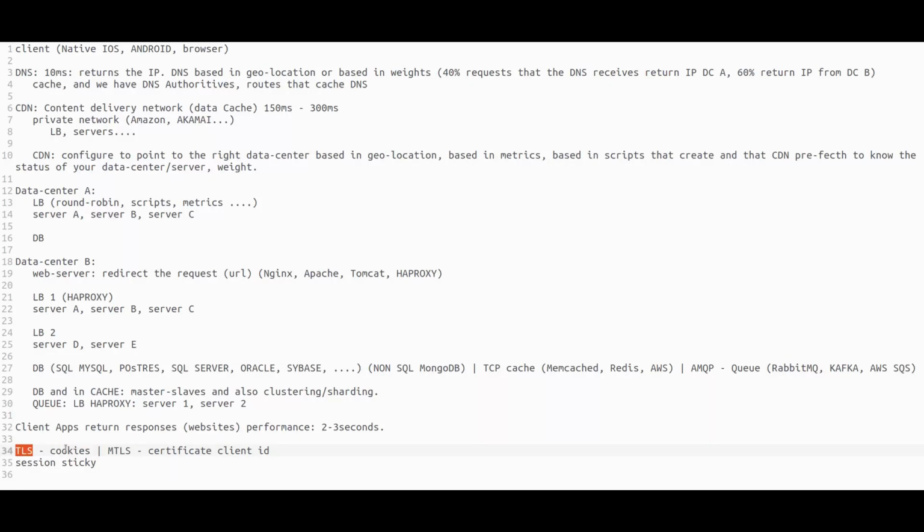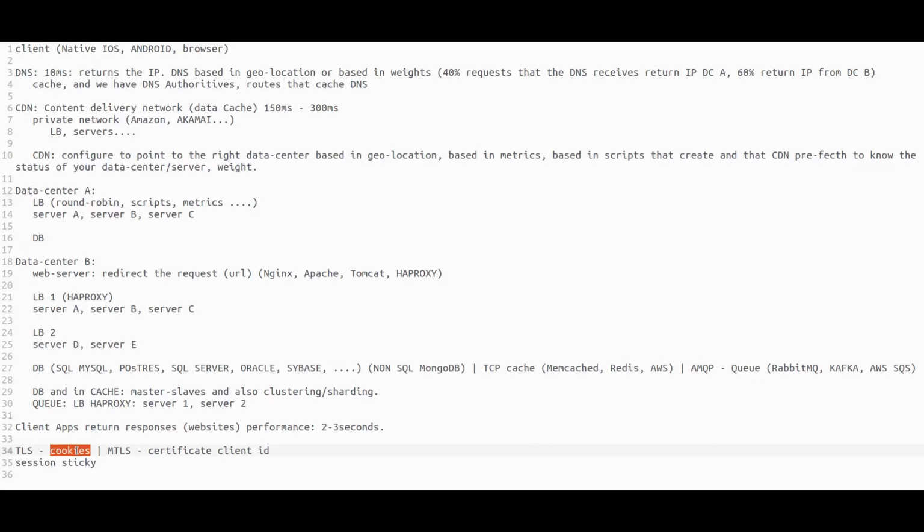So in TLS they have access to the cookies, but in mTLS they don't. So first this connection is made through the certificate client ID, and only after that the endpoint of this mTLS, the endpoint, will decrypt the specific data,